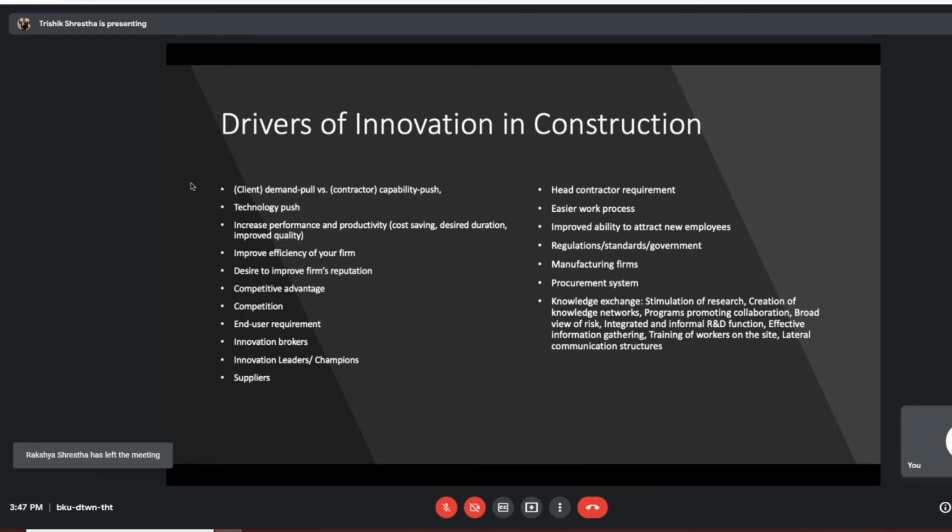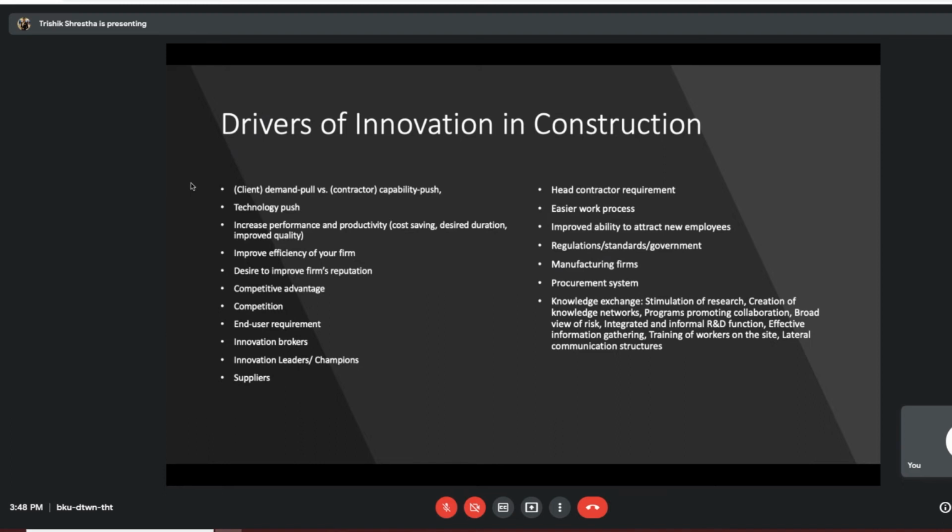So I act as the innovation champion or innovation leader in my firm because I'm constantly working to improve the functionality, not just on the technical side of our construction sites, but also in the corporate offices that we have. I want to make things better every step along the way, and that is what an innovation leader, innovation champion does. Innovation leader and innovation champion sometimes are different people. They don't necessarily have to be the same person.